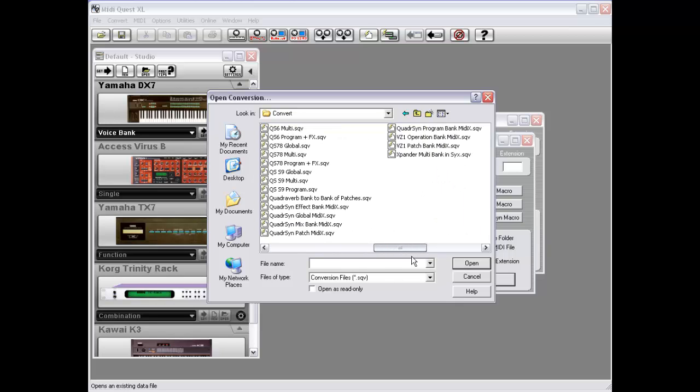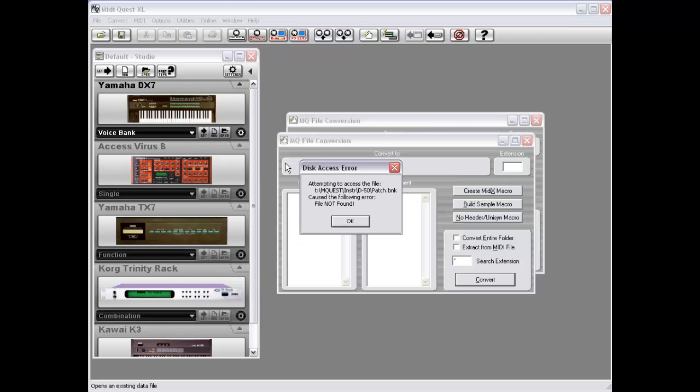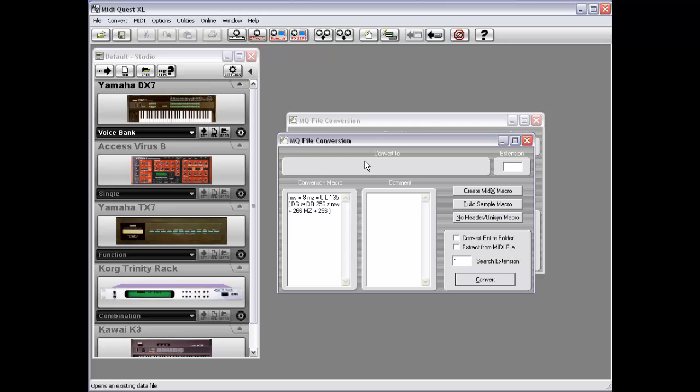Let's have a look at, here we go, D50. Here's an example of a more complicated macro. Midi Quest doesn't store data internally for a D50 identically to how it is stored in a D50 MIDIX format file. So in order to extract that data and load in a D50 bank, you've got to create a macro